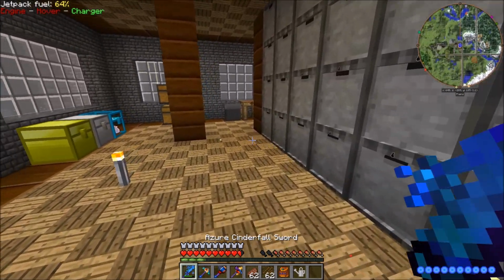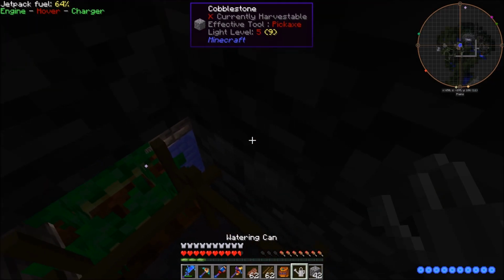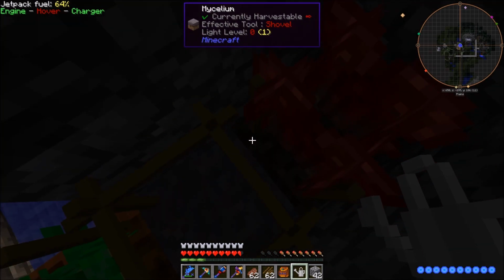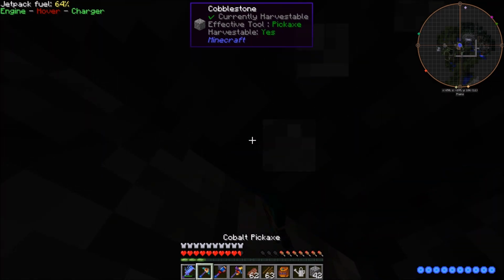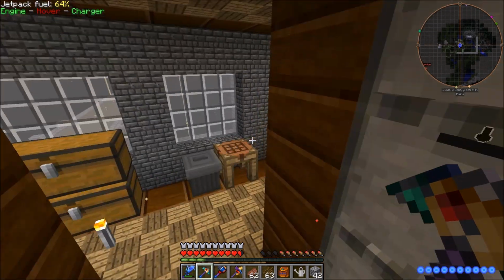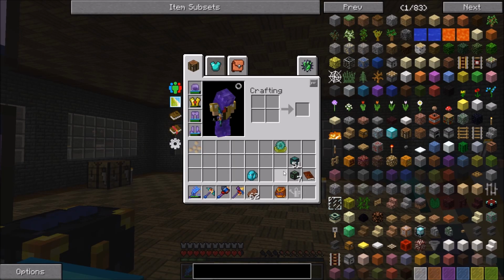Actually, now that I think about it, it's going to require total darkness for mushrooms as well, so. Let me get some cobblestone. Okay, there we go. It's very spooky in here. And that should be, yeah, it's fertile and can grow. Okay, brown mushroom spores. That is the ones that we want. Awesome. So we got these. And that is definitely what we want, because I want to get mushrooms automated. Because we're going to need that for our fermented spider eyes, but we're also going to need it for our